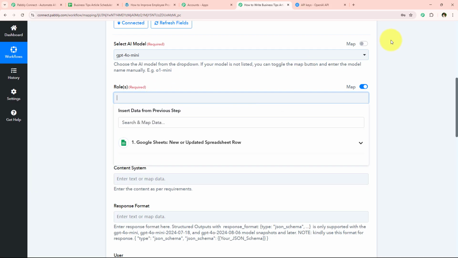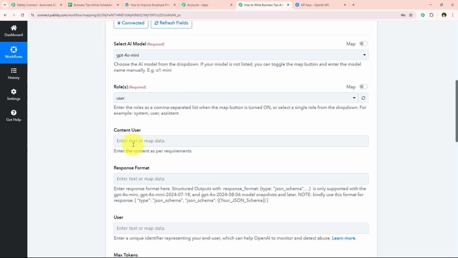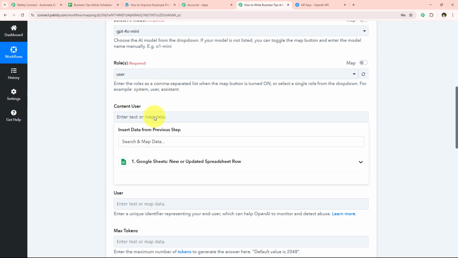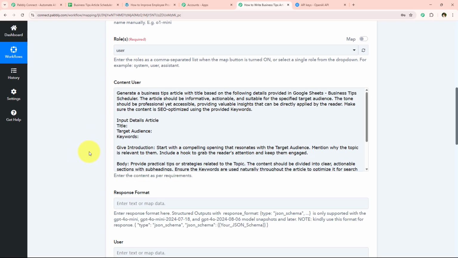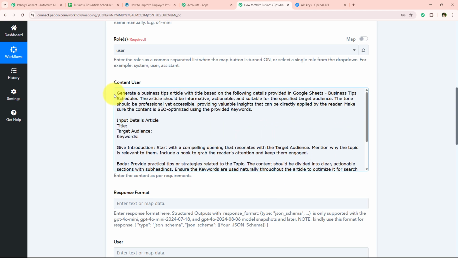I'm just going to keep it as single only today, which is user. So I'm just going to simply switch off this mapping button and select it as user only. And after selecting my role as user, we're going to move on further. I'm just going to enter this content user, which is the prompt I'm going to give to my AI agent. So as you can see, I've simply entered my prompt right over here, which is